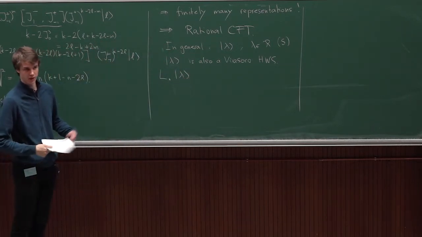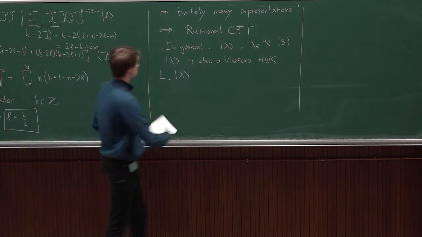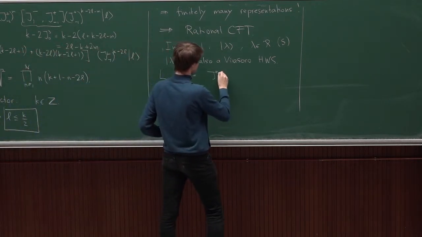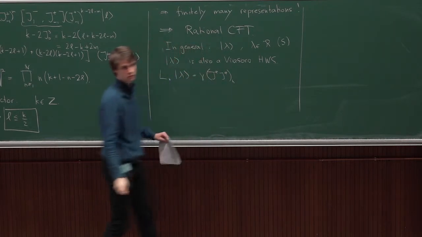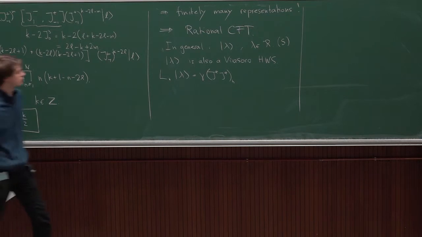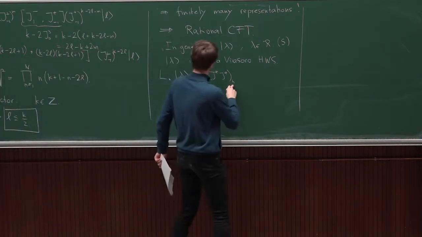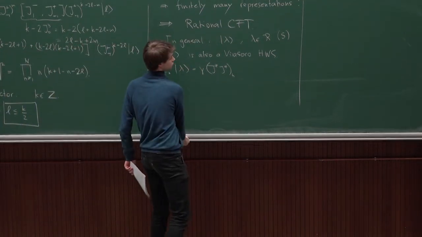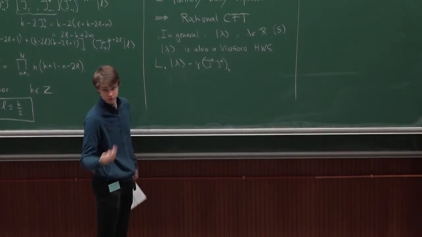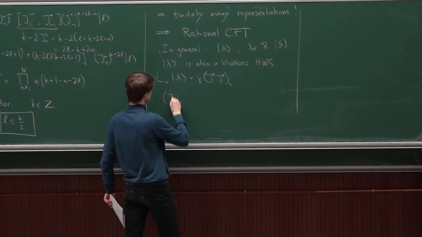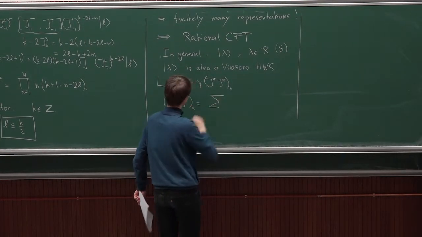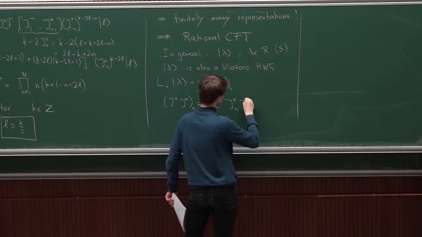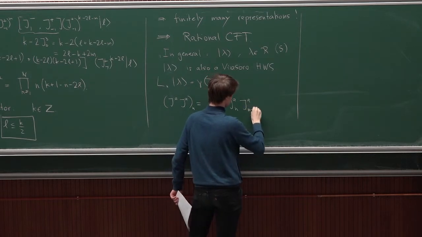So why is it the Virasoro highest weight state? Because if you compute L_n on this, then this is the normal ordered J^A_n, and there's this gamma, which is 1 over 2k plus h^v. And here, in this normal ordering, we till now had normal ordering mostly in terms of fields, but you can translate it in terms of modes. Maybe I do that, because it will appear in the exercises. It looks like that.